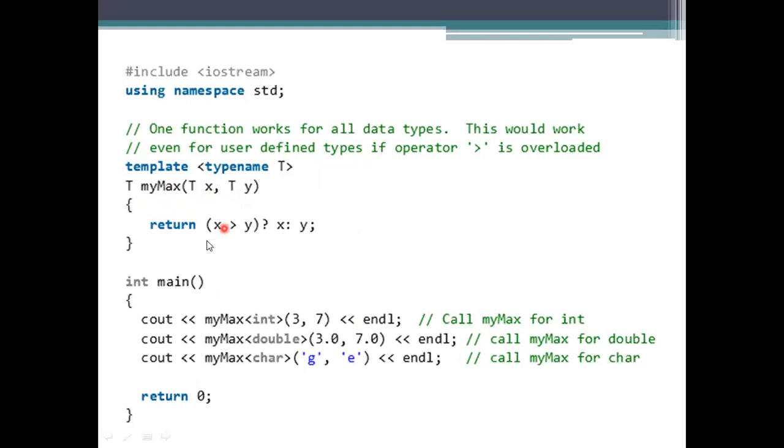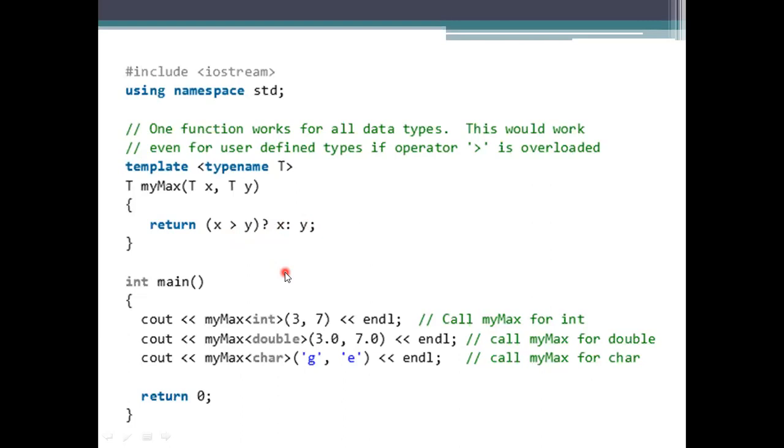After the work has finished, we need to return the result here. We didn't mention any if statements or if else here. Directly we are using the conditional operator. It supports the ternary representation. That is, if the condition is true, it will execute this one, or else it will go for this one.